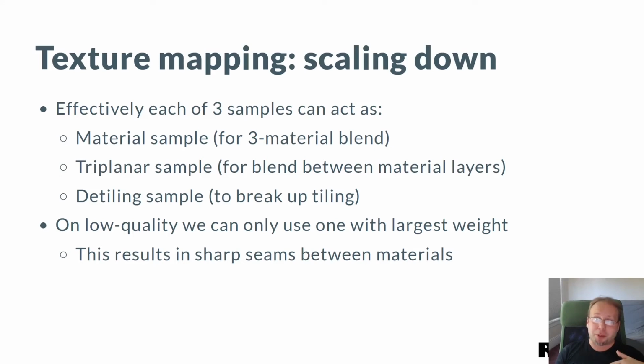If we are really desperate, which we are on some of the low-end devices with very weak GPUs, we can go one step further and say, well, we have 3 texture samples that we need to do, but really let's just do one with the highest weight. Of course, this is not great from the quality perspective. You see very hard seams between materials, etc. But if performance is more important than quality on some of these devices, then it's still a viable path that you can take, and we do take.